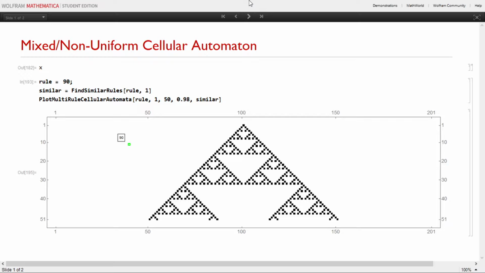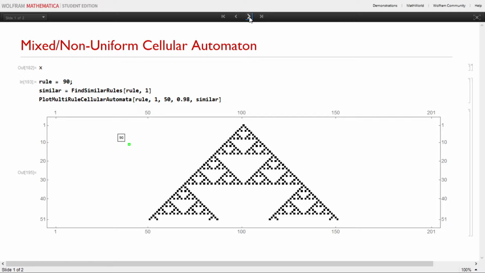what happens with this? You see when it says 90, that means that particular cell is evaluating rule 90. If it moves all over the place in there, it will find all those 8 that we had before. And it works exactly the same for a single cell. Okay? So this is the mixed or non-uniform. But this is still deterministic, right? Because you define it, you have it in there, and you run it.